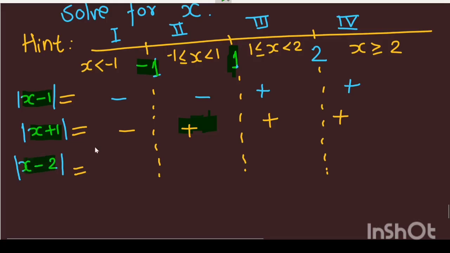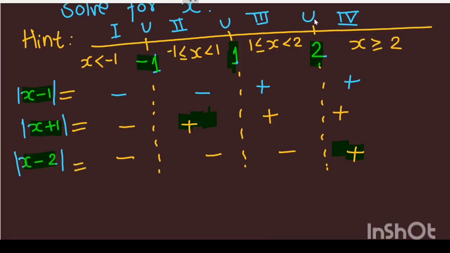Now about mod x minus 2, at x equals to 2 it will change. So greater than 2 it will give plus sign, lesser than that it will give minus sign. So these 4 intervals, these 4 cases we need to solve, and the final answer would be what, guys? It would be the union of these 4 cases. Starting with case 1,